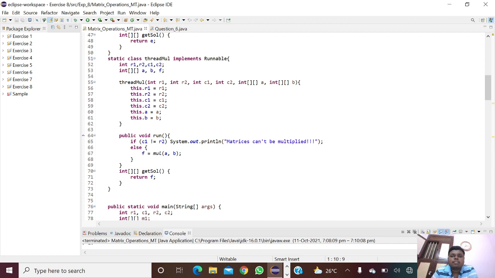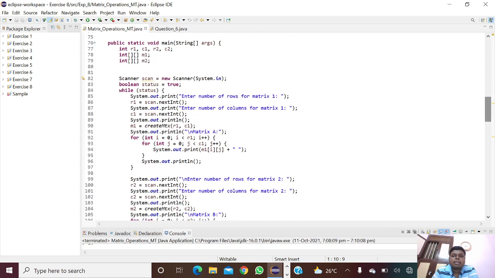Then using this function for r1, r2 and c1, c2, a and b. Then in public void run, if c1 not equal to r2, we'll print matrix cannot be multiplied. Else f equal to mul of a comma b. Then int[][] getSolution, return f.